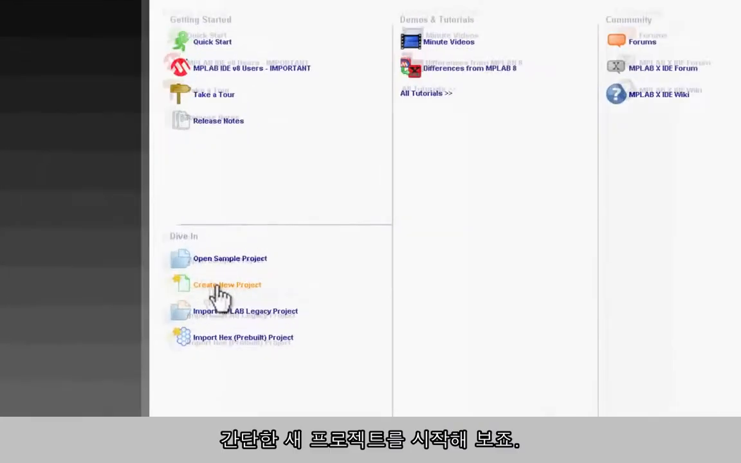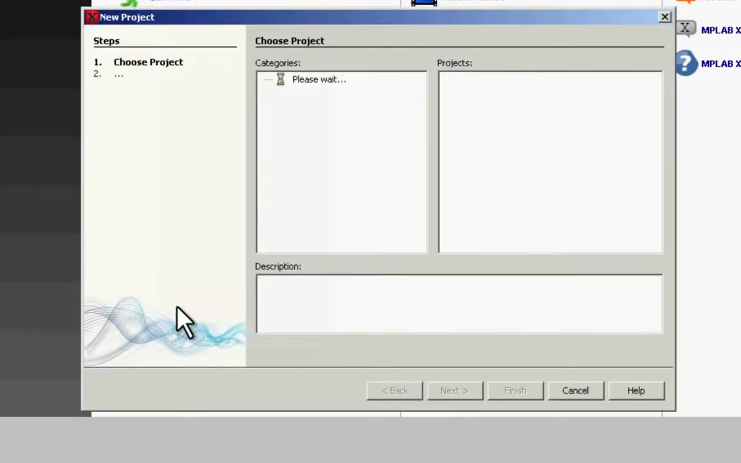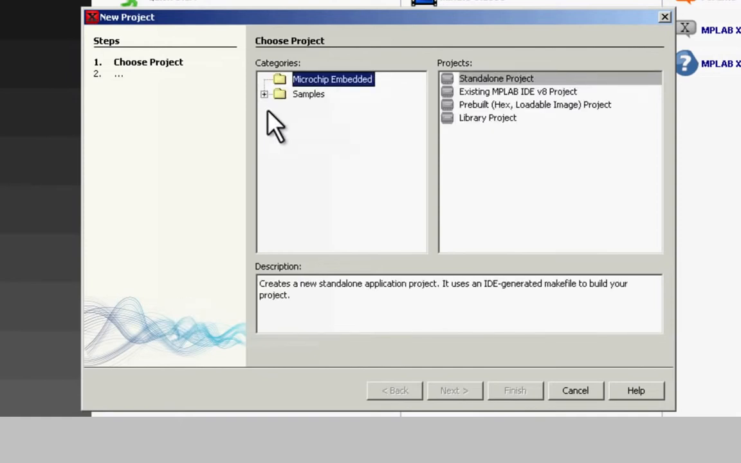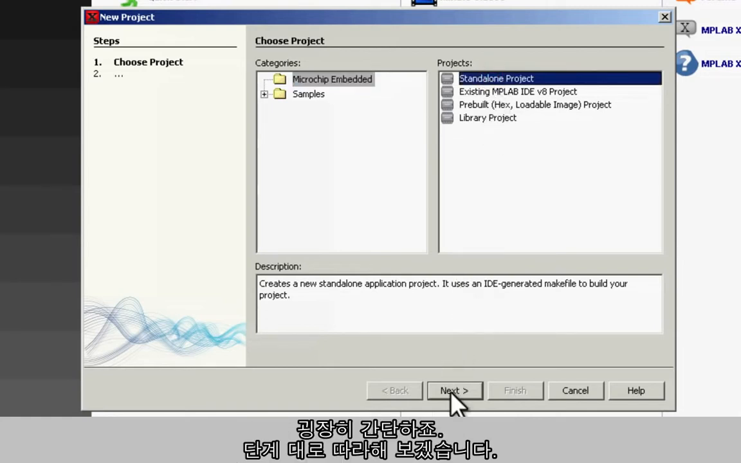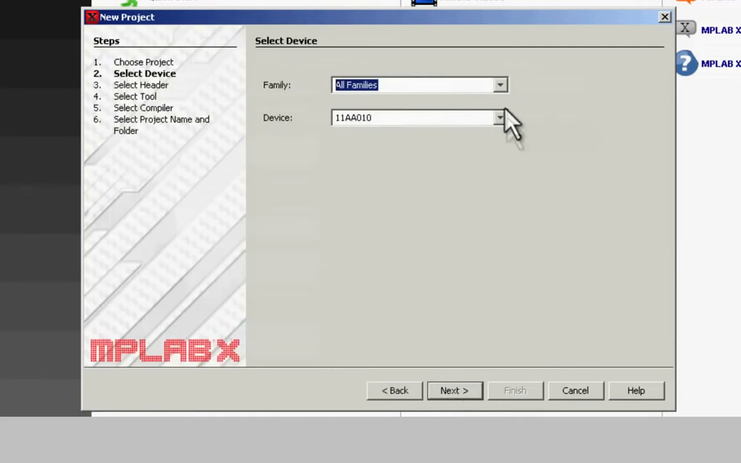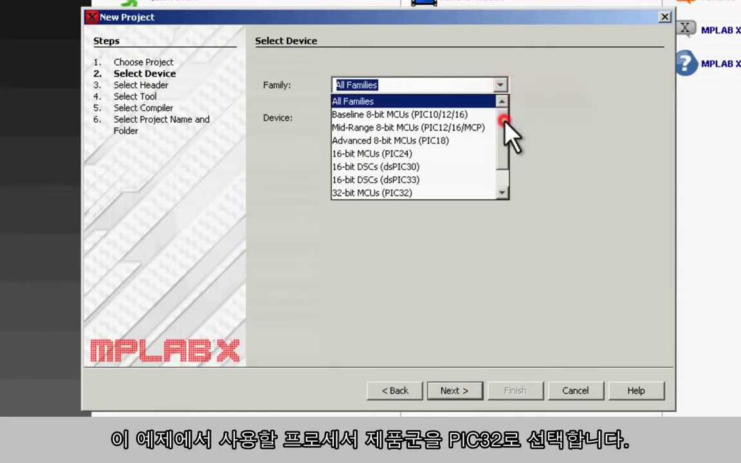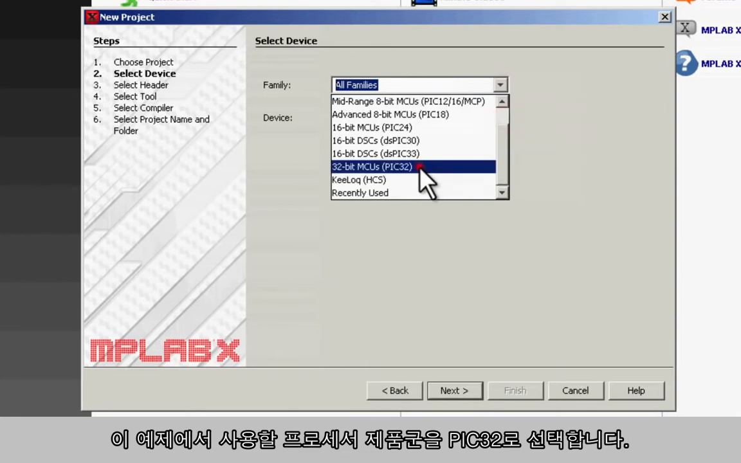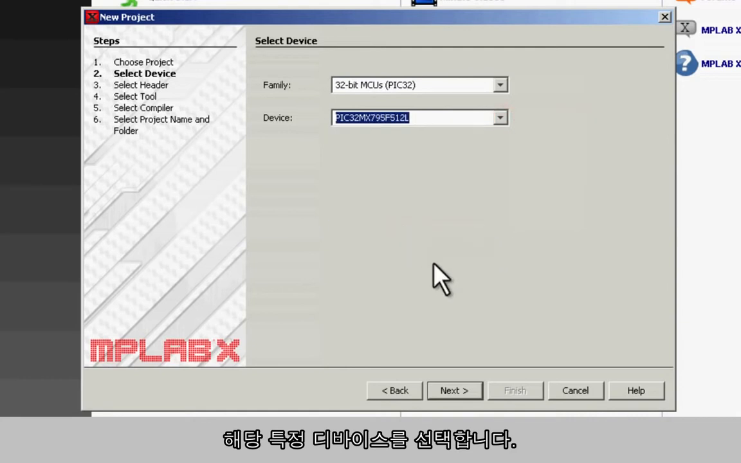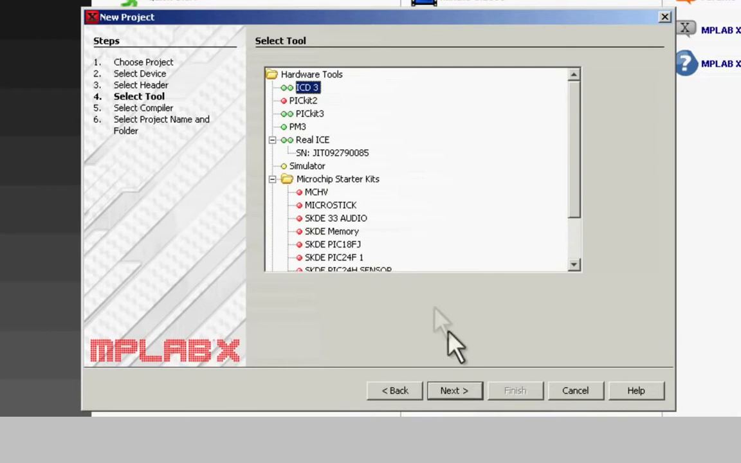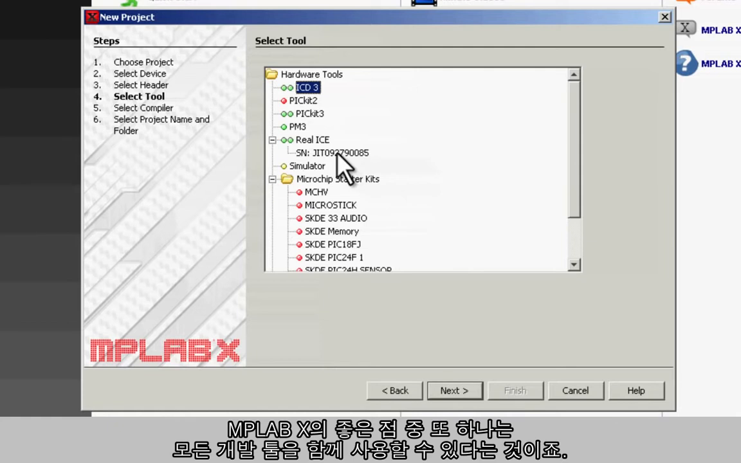So we're going to try creating a very simple new project. We'll create a standalone project from the Microchip embedded type, and this very simple to use wizard will take you through the steps. We select the family of processor that we're going to use, in this case a PIC32, and the particular part in the family. You select the development tool you're going to use. One of the nice things about MPLAB X is that all of the development tools that are used with it,